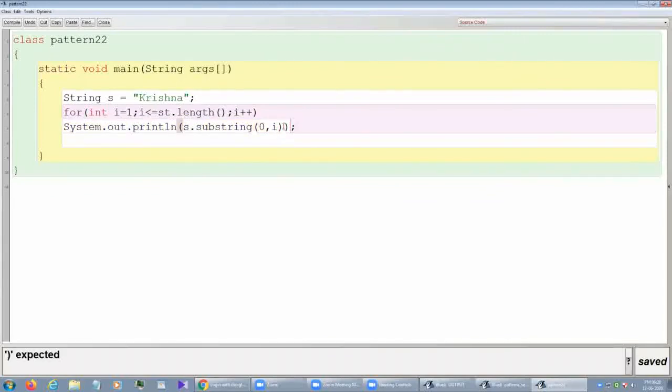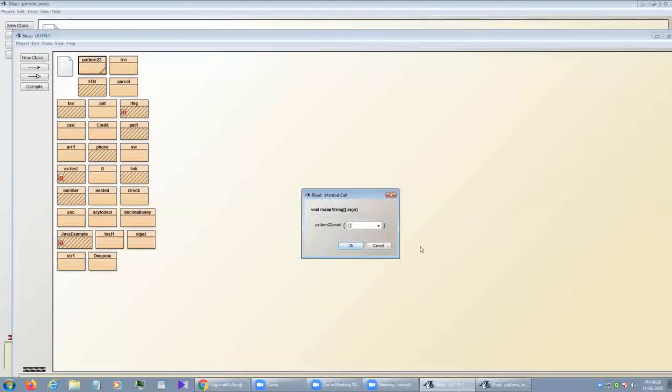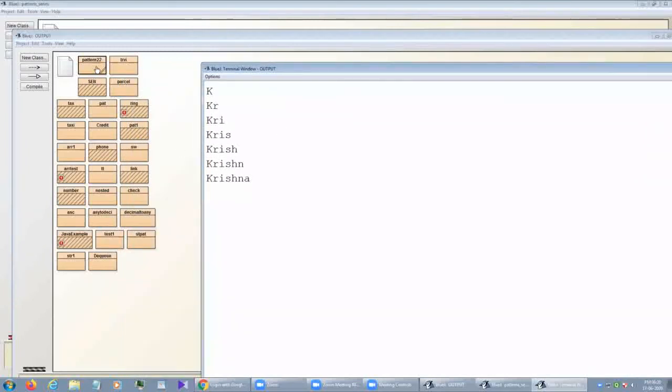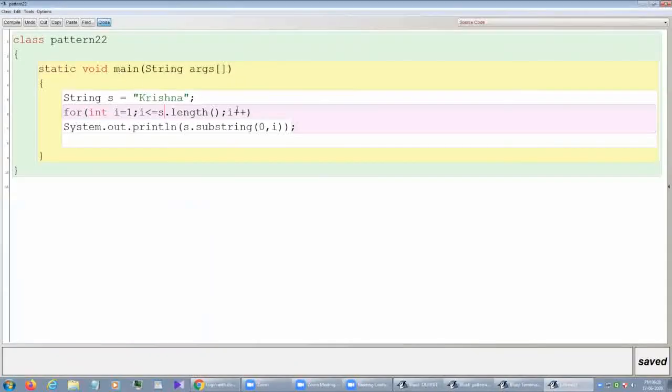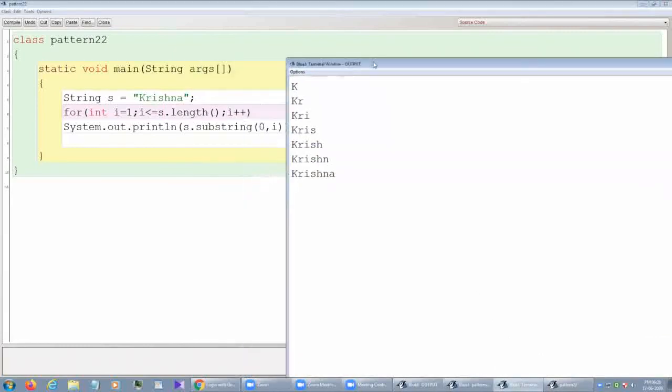The bracket is missing here. See, same pattern, but in the previous one we used a nested loop with the character array, and here you can see we are using substring.